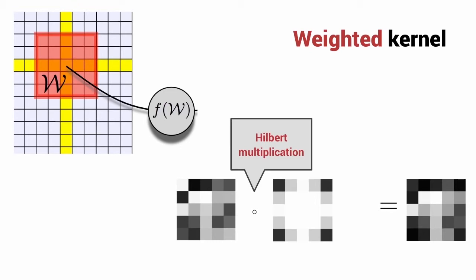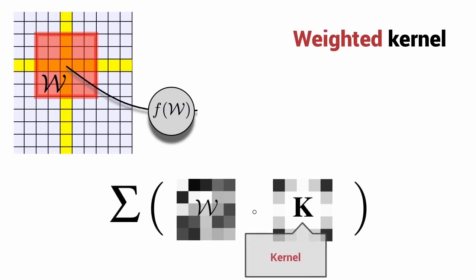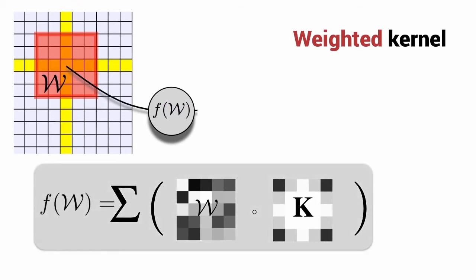resulting average. Now we will compute the sum over this product, and it's the product of all of the pixels in the input window, which we denote by W, and all of the values in the weighting matrix. And I'm going to now refer to that weighting matrix as a kernel. A kernel is a term that's commonly used in image processing. We're going to compute the sum of the element-wise multiplication of these two small square images, and the result is what we place into the output image. So our function f of w is equal to the sum of the element-wise multiplication of the input window and